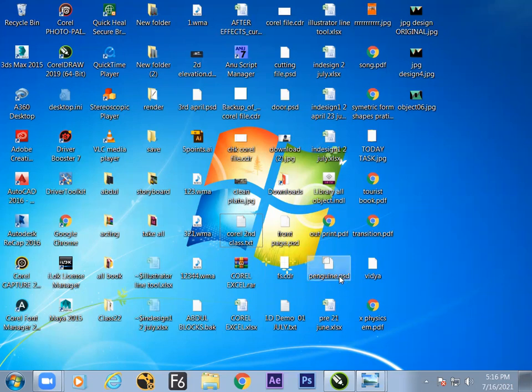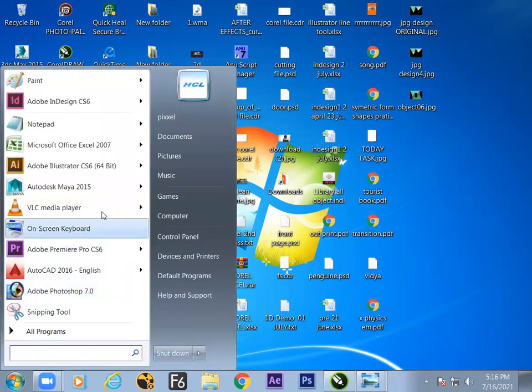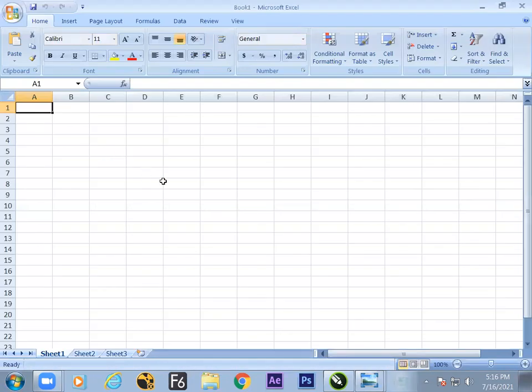No issues, you can make a Corel file in Excel. I hope that is already there with you, the Corel Excel sheet. Still it is not available, somewhere deleted.